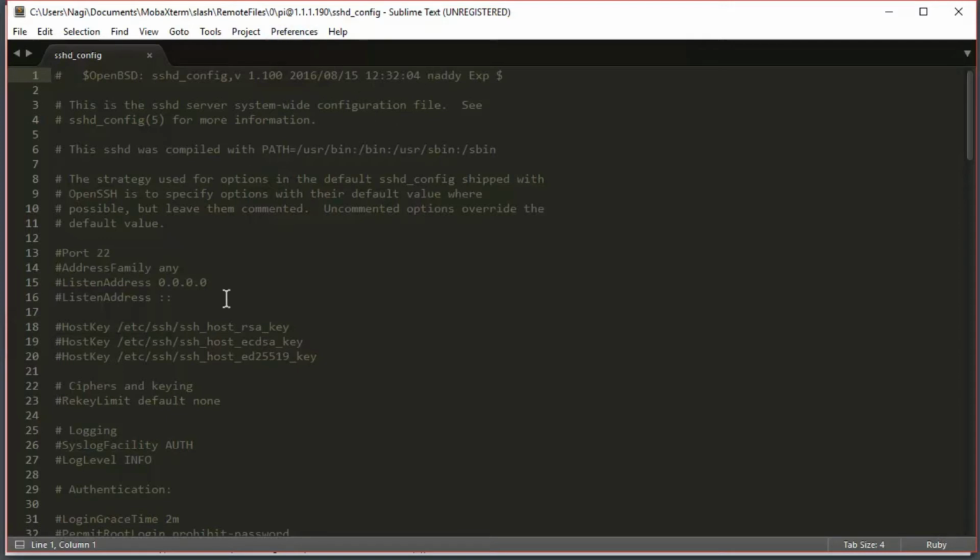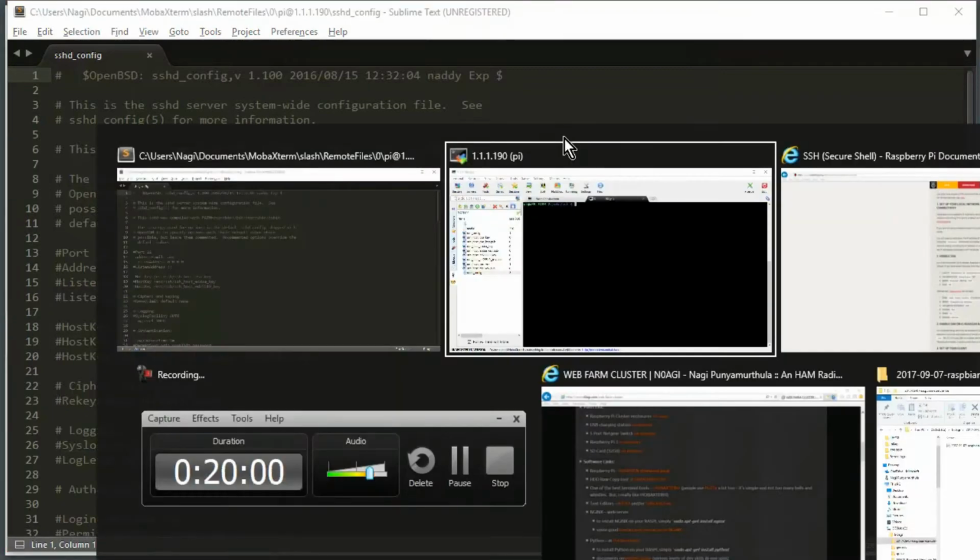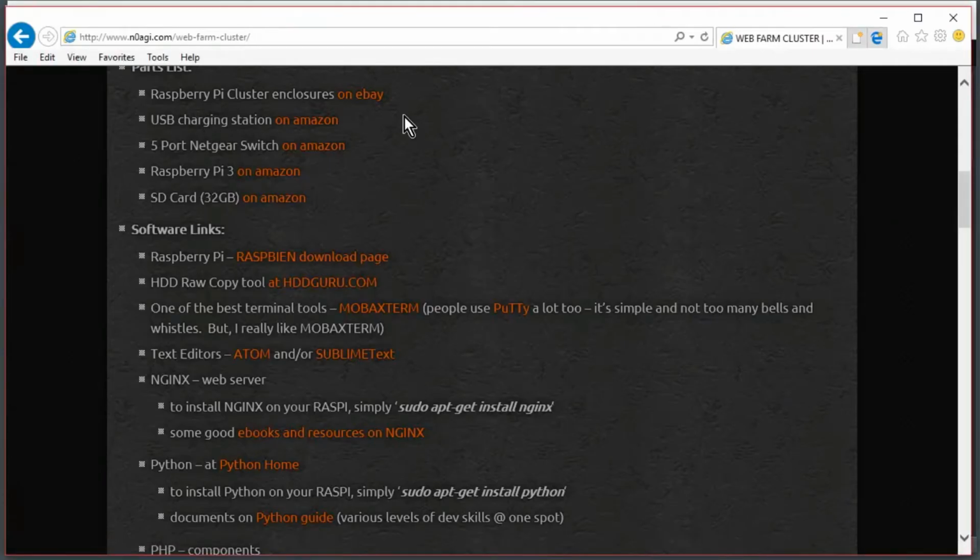All right, so if you want to get hold of a Sublime Text or Atom text editor, go back into my website and download one of these. It should work pretty good. Atom is free. Sublime is also free, but you will need to purchase if you need a full-blown editor. I think there's some cost attached to it. But I use one of these two on and off. So anyways,